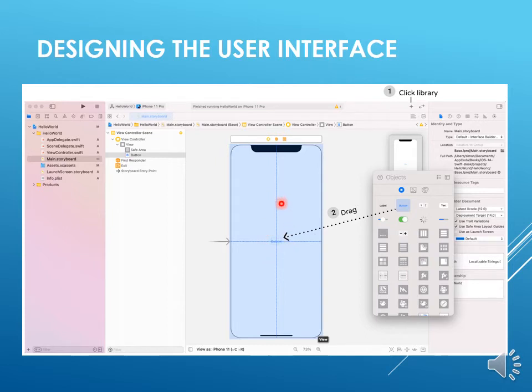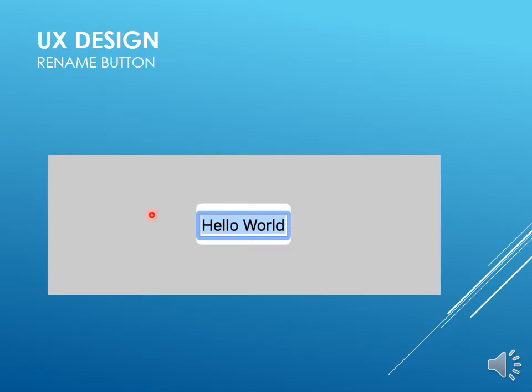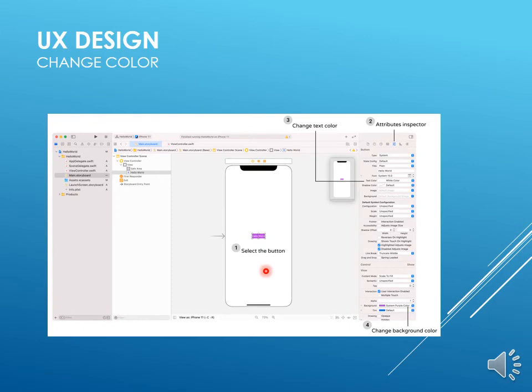I can place it upward or in different directions as well. I can change its direction. Next, after placing it, I want to change the name of the button, so I will double click on this button and it will be highlighted like this. I will change this button name to hello world and its name will be renamed, right? Now next I want to change the color of our button. So by clicking upon this button, the attributes inspector on this side will be shown like this.